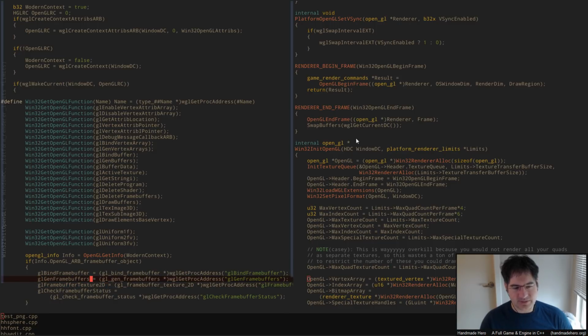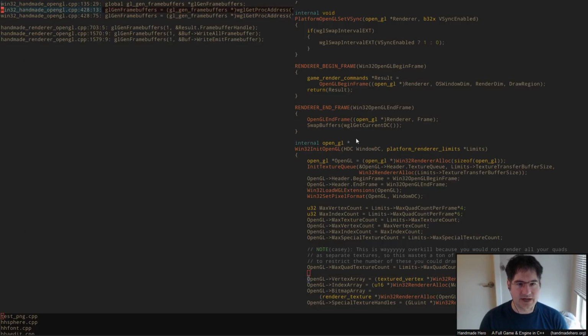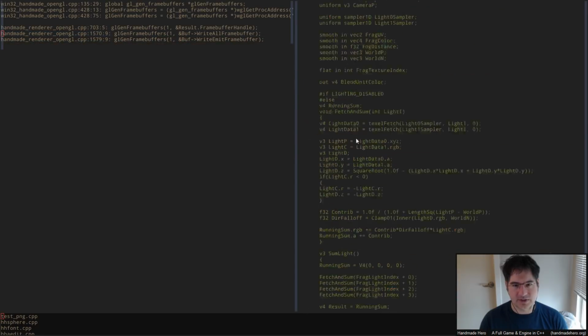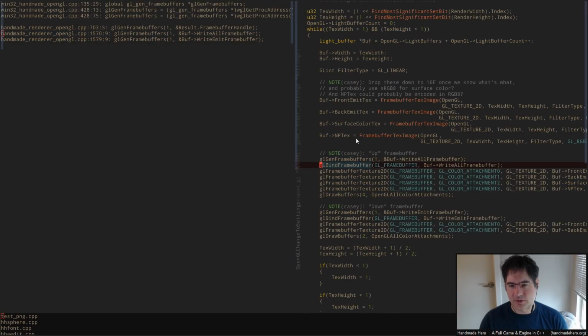But the glGenFramebuffers will tell us at least which handles are available, and if we just track how big those frame buffers are, then we know how much we're spending on frame buffer memory, right? So let's take a look at all the places we actually do that. You can see here we've got one in create frame buffer, one in, this is some old,